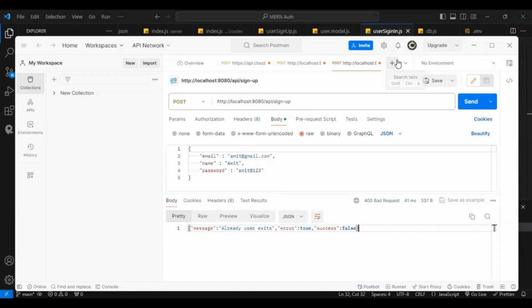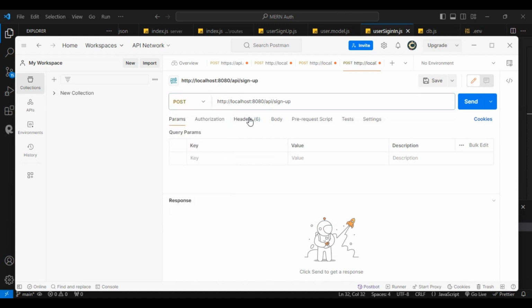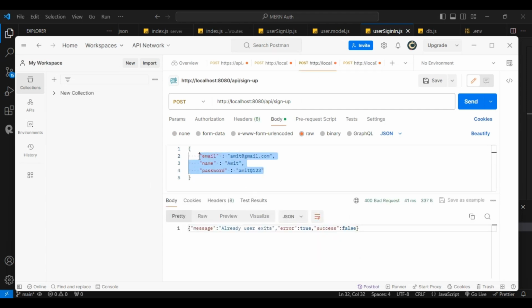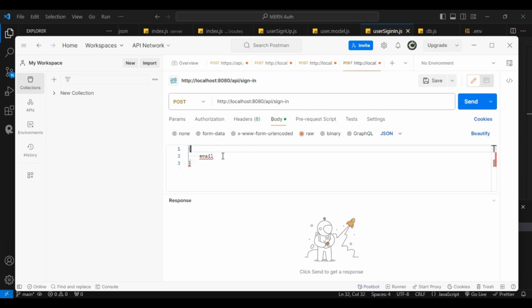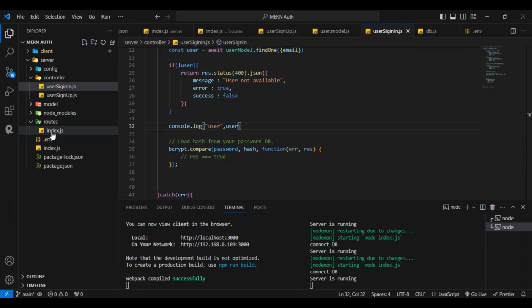Let's do the login section. For that, let me just copy from here. After that, go here, paste, post. I will change this URL to sign in, and raw. Here I want to pass the JSON email. Let me just copy from the sign up, and paste it here. Let's try once again. After that, I want to remove this, and when I hit the API, okay, no response is coming. Once again I want to check